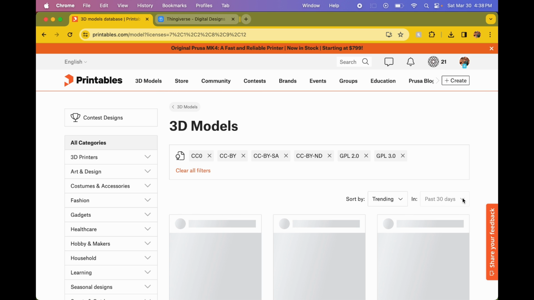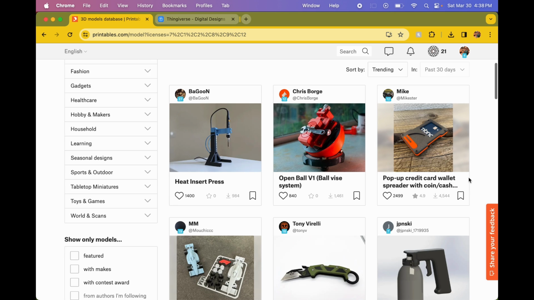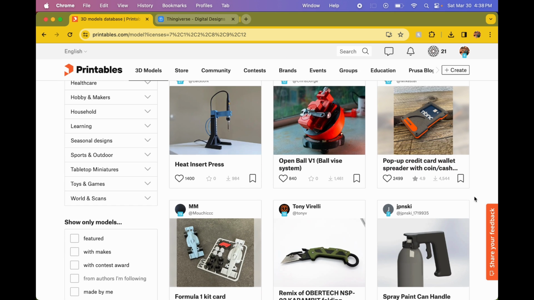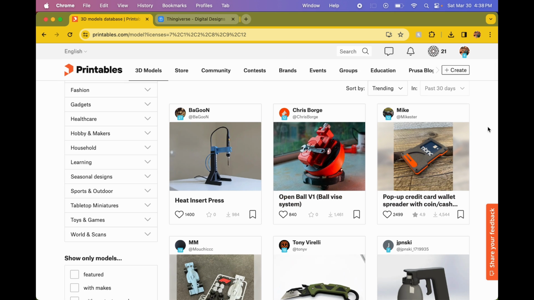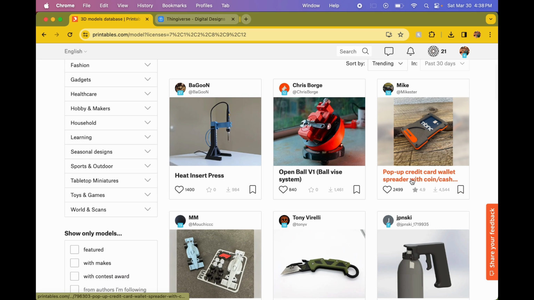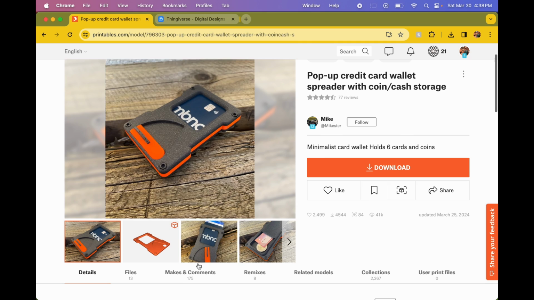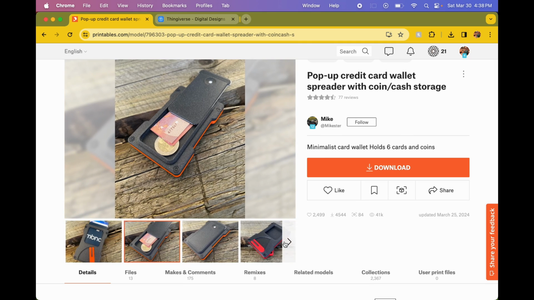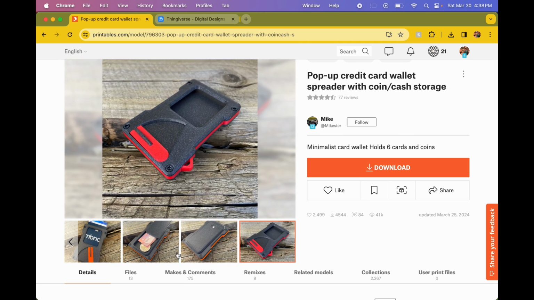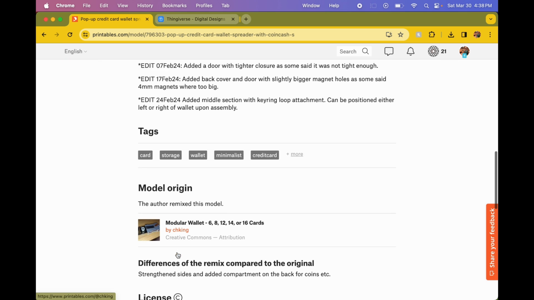Let's say trending in the past 30 days. And here we have a number of things that people have downloaded in the last month and what has been the most popular in the last month. Credit card wallet / spreader. This is pretty cool. All right, so say I want to sell these wallets. Buy the hardware for it, print it out, and we can go down and see